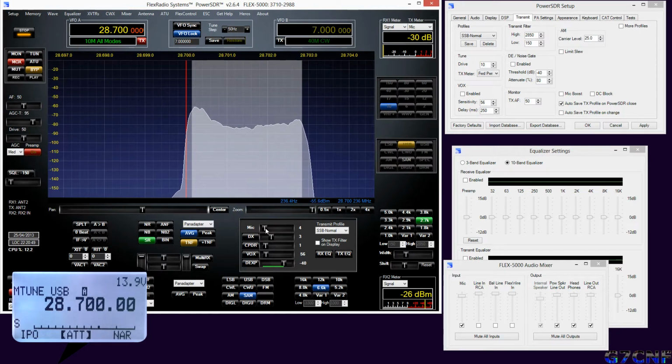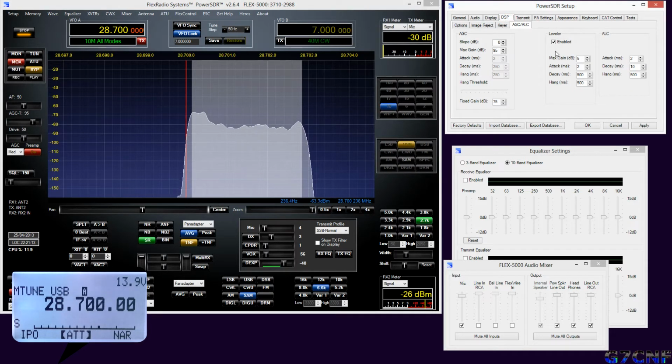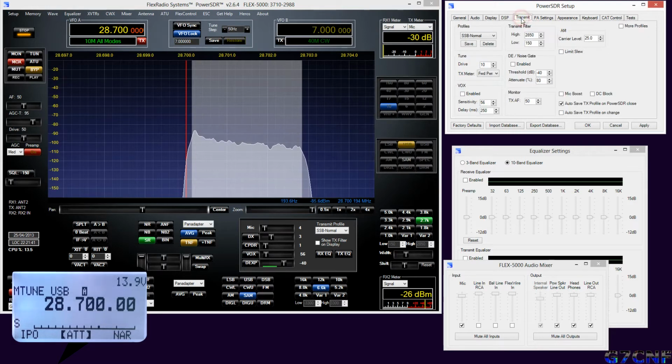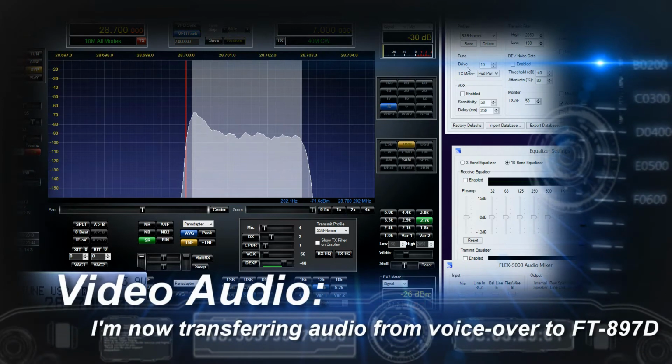The microphone is in the working position. Before I do, one thing I omitted to draw your attention to is that there is another audio stage which is in another section, and by default it is enabled, and that is the leveler. And this is another type of compression which reduces the dynamic range of your voice. But if you look, the leveler is actually down here 2 stages further down. So at this point we don't want the leveler to be enabled because it will give us incorrect readings. So we're going to uncheck the leveler and then come back to the transmit section,